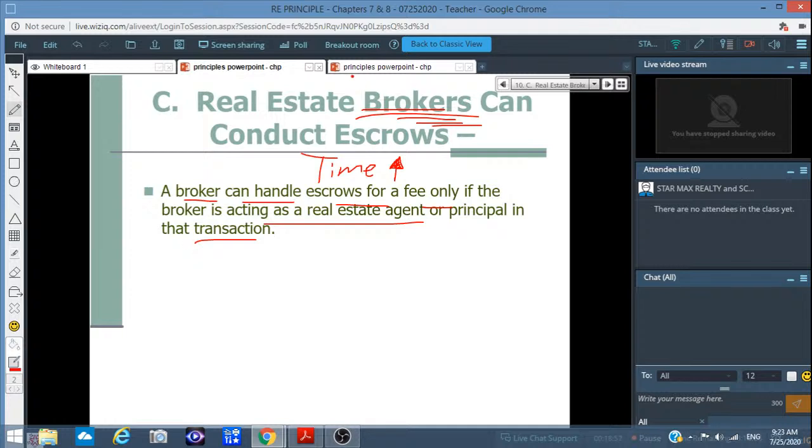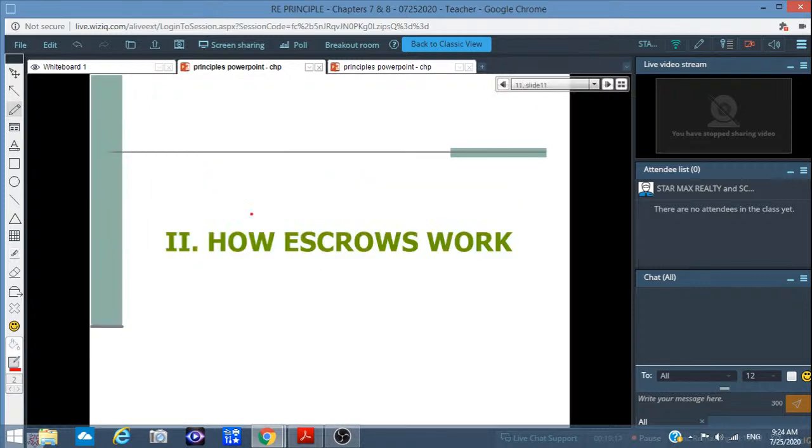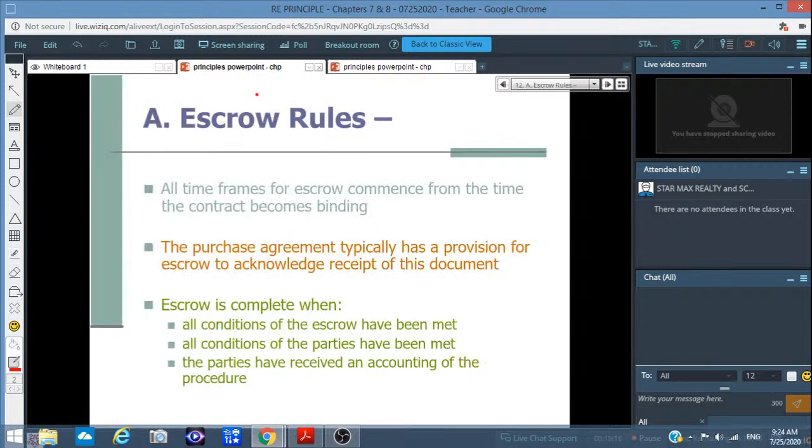OK，然后自己做自己的案子，OK，自己公司的案子 only，你不可以做别人的案子，OK，如果你是 broker 的话。How escrow works？OK，它怎么去操作呢？All time frames for escrow commence from time the contract becomes binding. Okay, so it starts when the contract starts. 这什么时候开始呢？这是你协议有效的时候，它已经开始了。